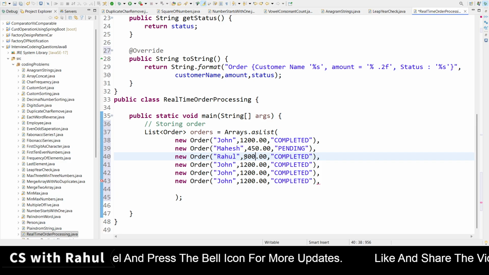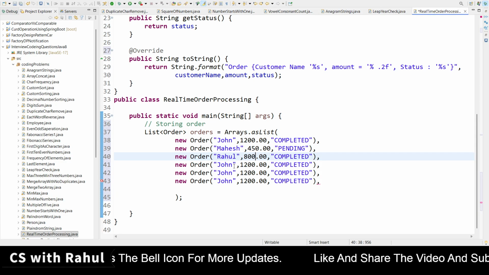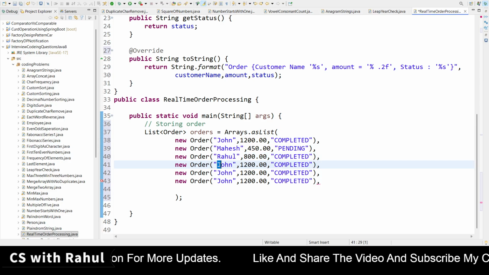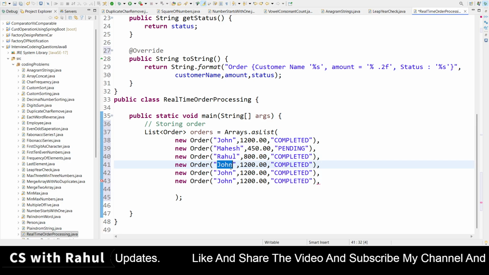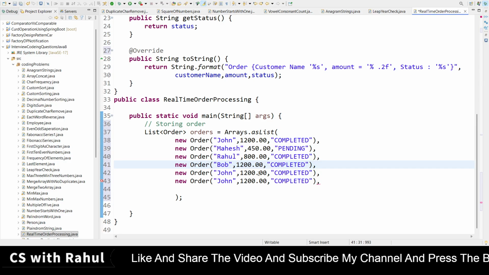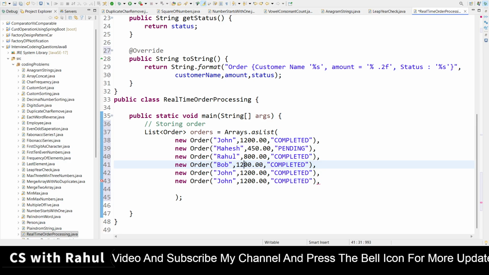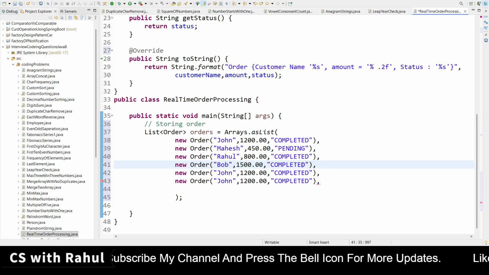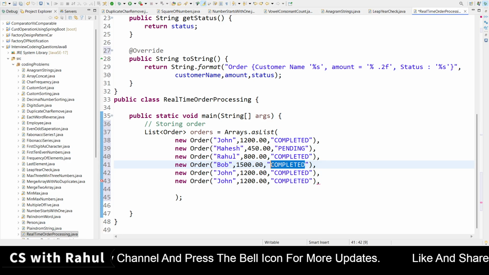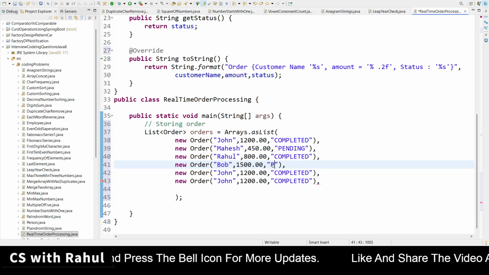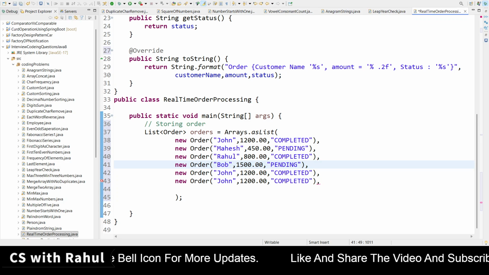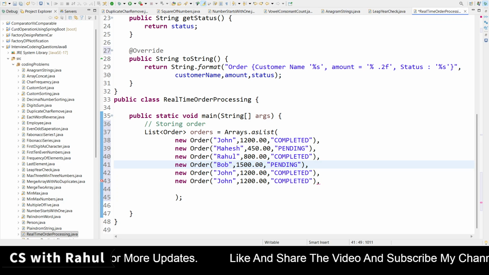Then another name I am taking, like Bob. Because we are international players, right? So Bob's order is pending, because it takes time. Bob's order is pending again.